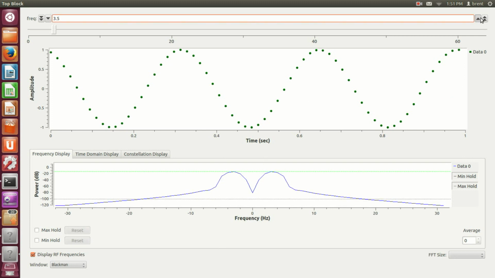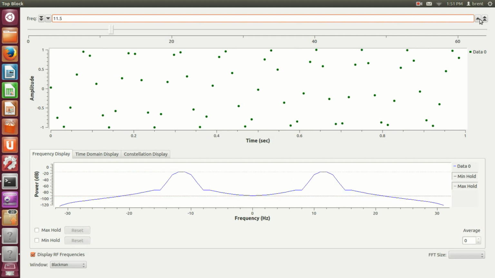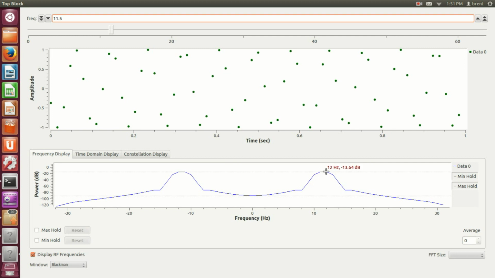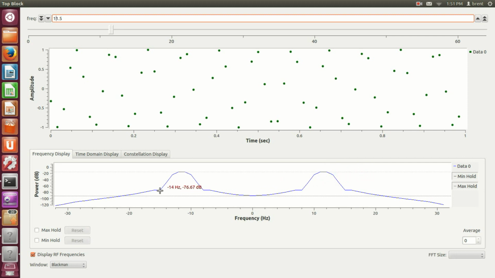But now let's go up to 11.5. So there's an 11.5, and notice we'll go up to the positive frequency because we won't talk about negative frequency yet. So here's 11.5, right about there. And now the FFT can tell you that by 14 Hertz we're about 50 or 60 dB down. So it's pretty much suppressed all of that